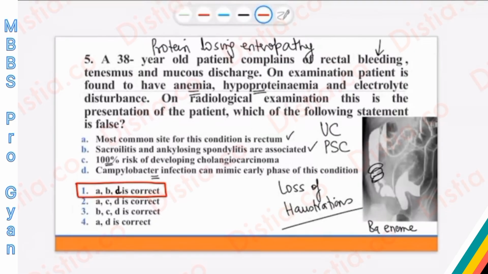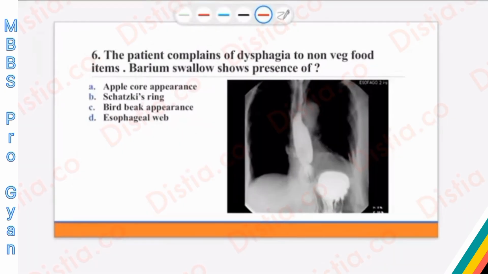In fact, he has done a very smart thing: if you have not read the fact that the presentation of Campylobacter is blood in the stool, no? So that's why I'm saying that option number D is a correct statement, because otherwise there can be errors of judgment as well. But option number C, I'll put it like this: a person having two different cancers in a single patient is highly unlikely.